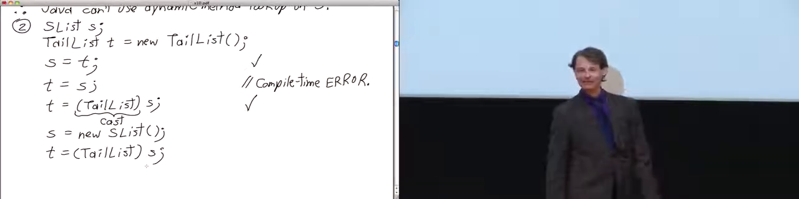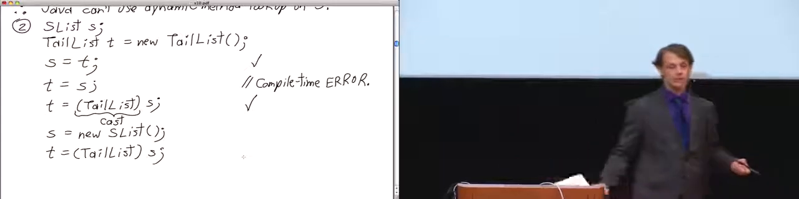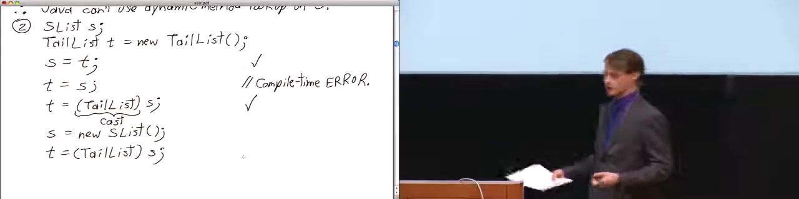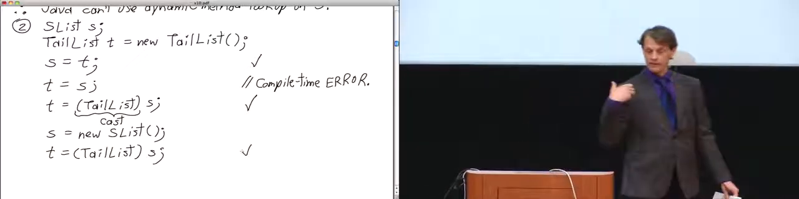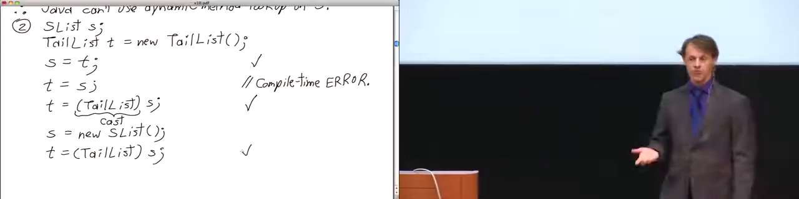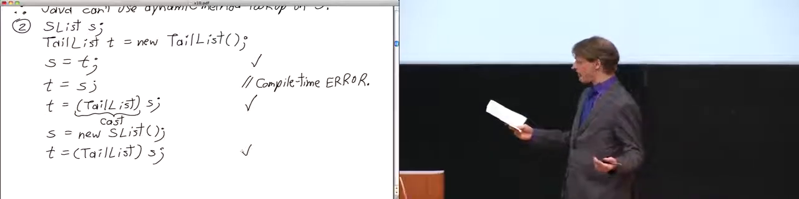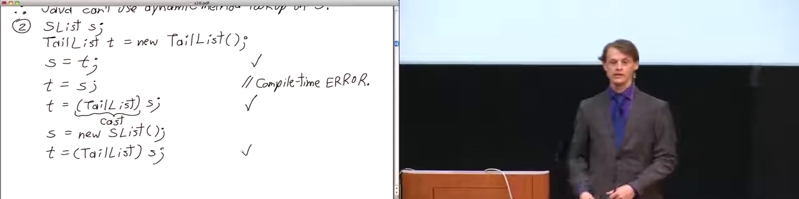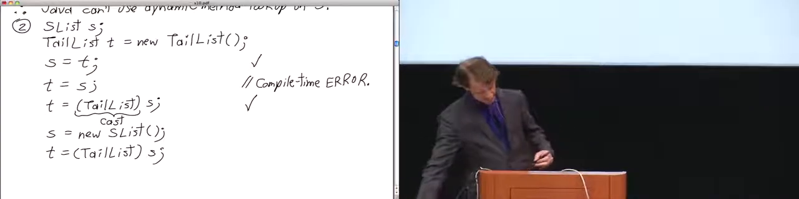Remember how it was last time, baby? This time it'll be even better. And for the same reason that Java compiled this before, Java will compile it again. It trusts my reassurance that at runtime, that variable S is going to turn out to be a TailList. And so this compiles, and everyone is happy until the code runs. And then when the code runs, you get a runtime error. It doesn't get caught at compile time, but at runtime,